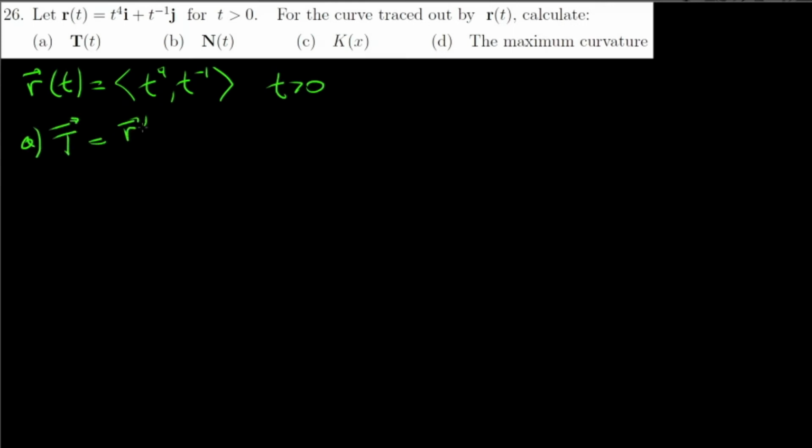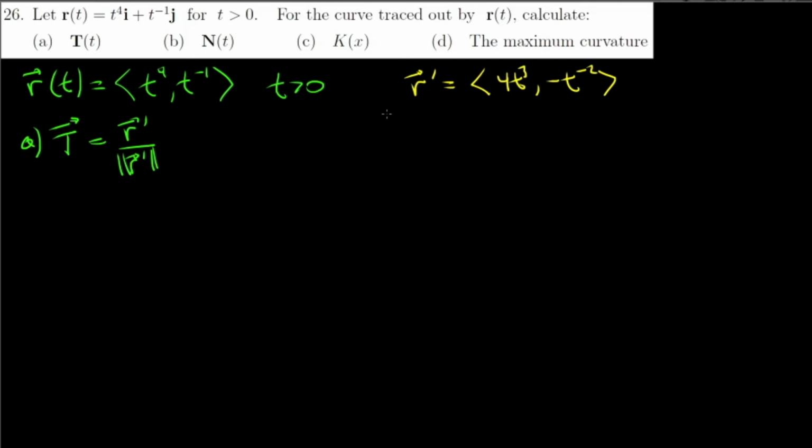Okay, 26. So let's see, we have a vector valued function, and this will be a curve in a plane. So r of t is just t to the fourth, t to the negative 1, for t positive. And so for the curve traced out, we want to calculate the unit tangent vector. Okay, so you should know what that is, right? It's just r prime divided by the magnitude of r prime. So r prime